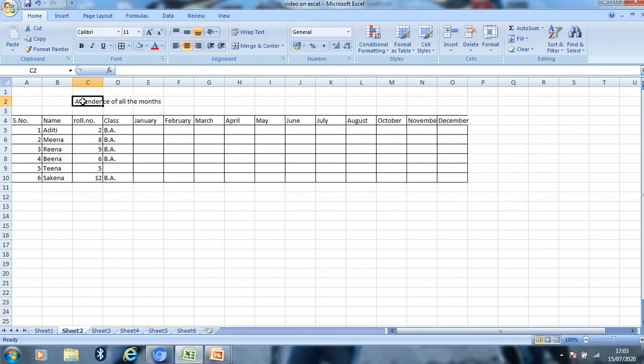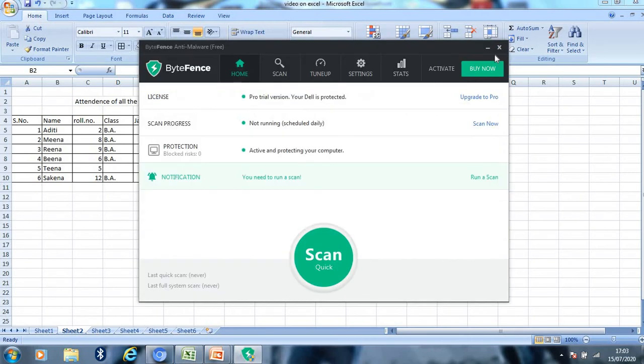To do this, we have to select multiple cells which we want to merge. For example, we want to merge all these cells, so I will select all these cells. I have selected all these cells.